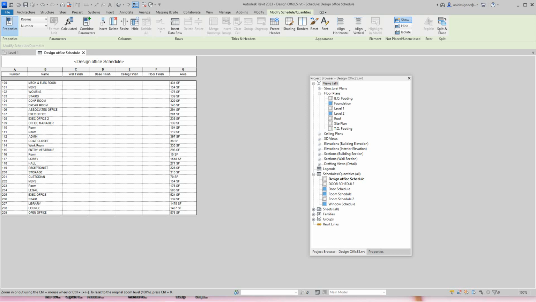Okay, so now we want to modify and populate this. So basically now for our finishes, let's go with the bathrooms because they're going to be similar. So my finishes are going to be, for base, wood. So here for the men's and women's bathroom, this is what I'm going to do. I'm going to just put this in, do it this way easily. So for the men's, you see men's are there. I'm going to just key in